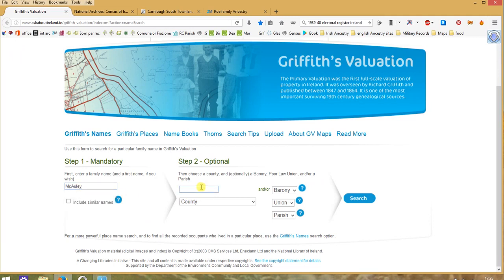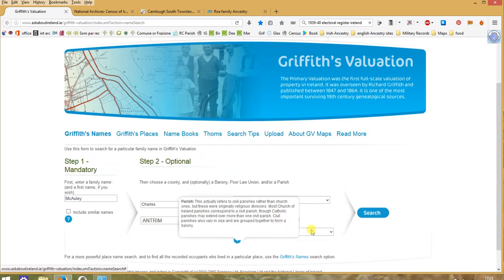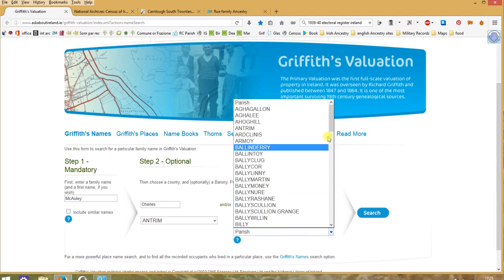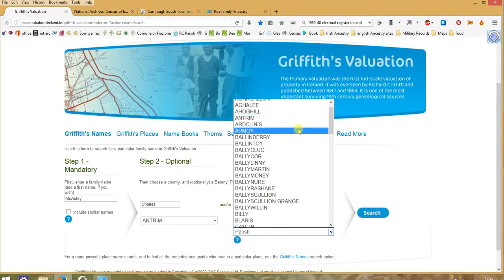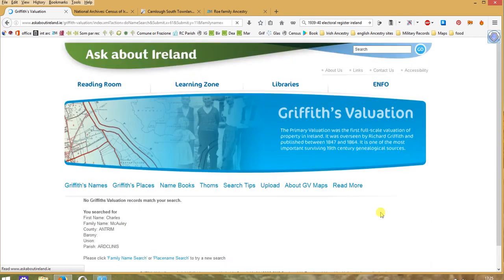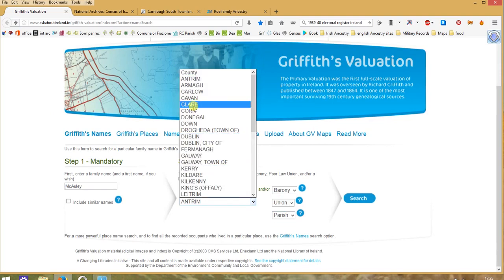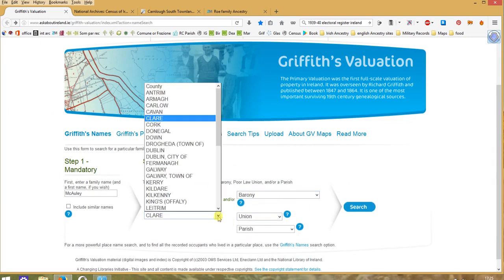and I want Charles. Now I know it's in Antrim, and the parish should be Ardclinis. No. That shows how long ago I did this one, doesn't it? Ardclinis. Right. Because I've come out and gone back, I've got to choose another one to reset the parishes,